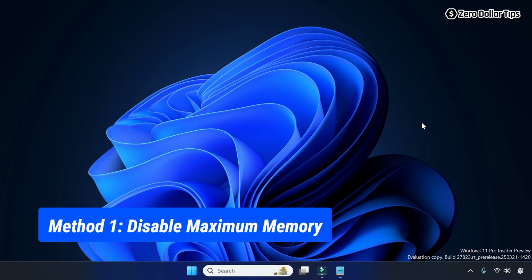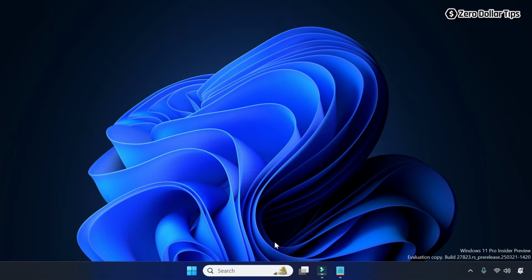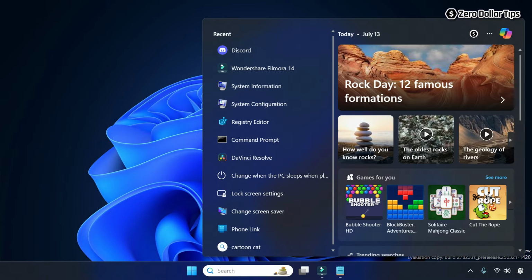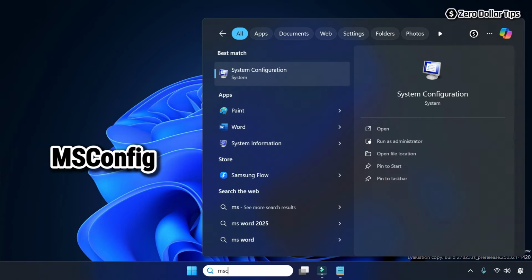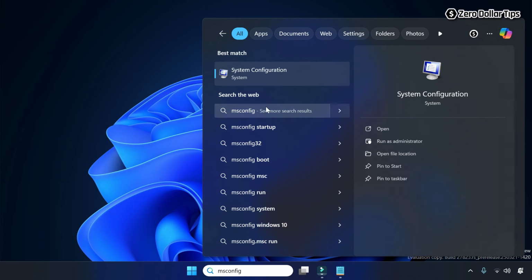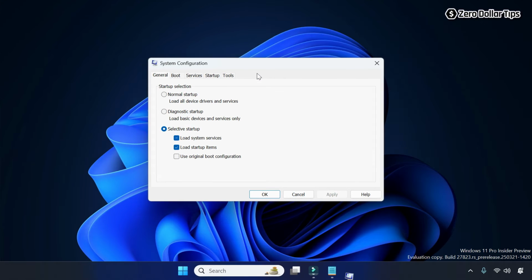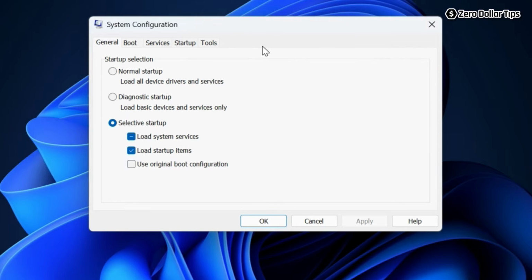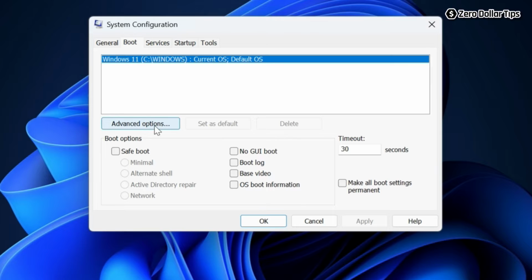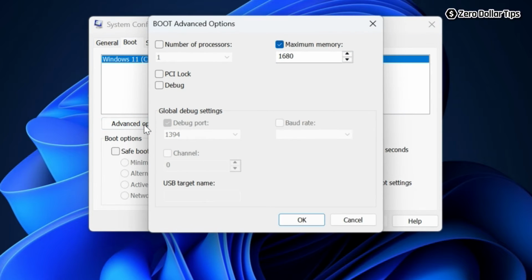To make all RAM fully usable, first of all go to Windows search and type msconfig, and from the search result open System Configuration. On the System Configuration dialog box, go to the Boot tab and then click on Advanced options. Now from the boot advanced options, simply disable the maximum memory. So simply uncheck it